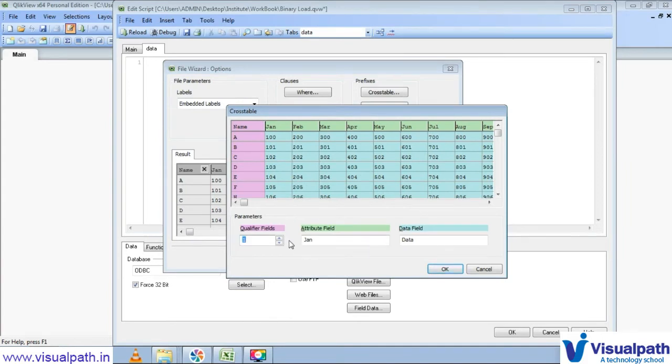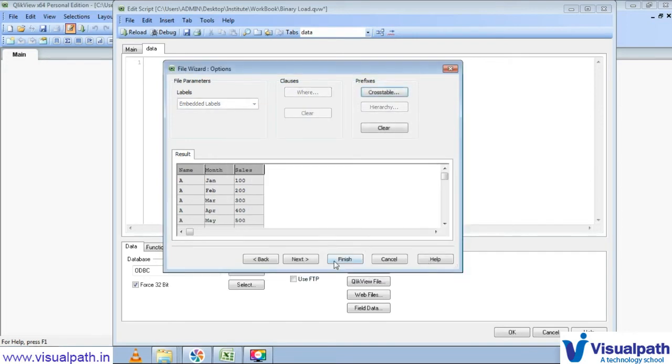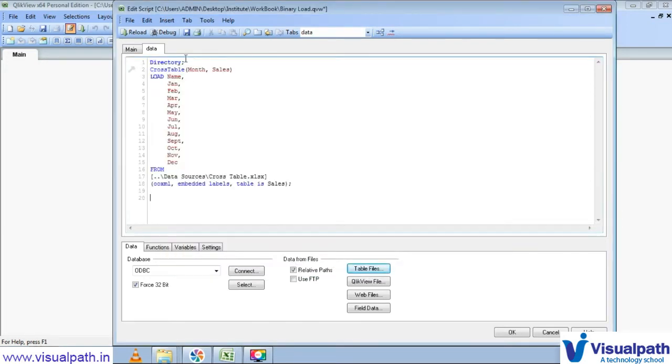As we have already seen this, I'm going a little fast. I'll keep month name, and in the data I'll keep sales. Maybe sales and sales will be linked to each other, I don't know. But let us do some loading, just for testing purposes. I'll keep this one as